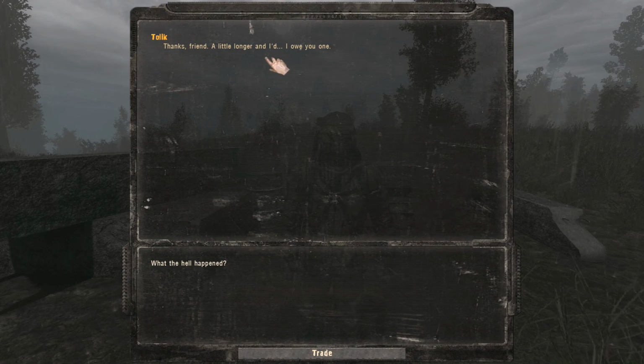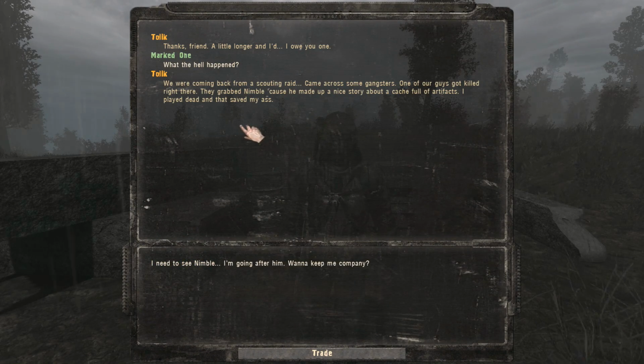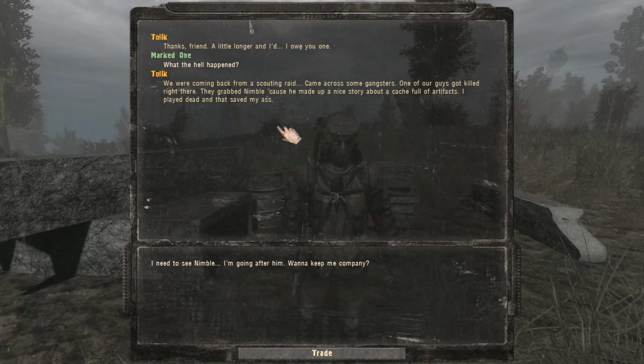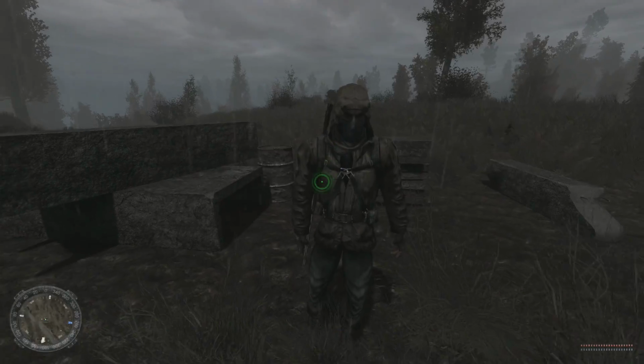Thanks, friend. A little longer and I'd owe you one. What the hell happened? We were coming back from a scouting raid, came across some gangsters. One of our guys got killed right there. They grabbed Nimble because he made up a nice story about a cache full of artifacts. I played dead until